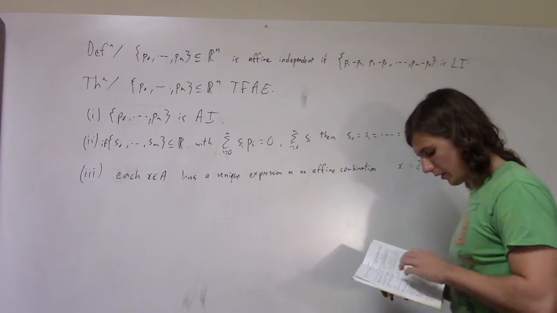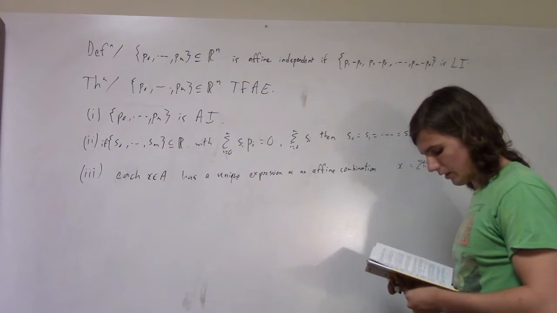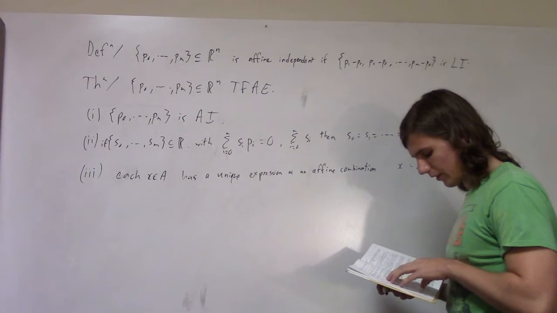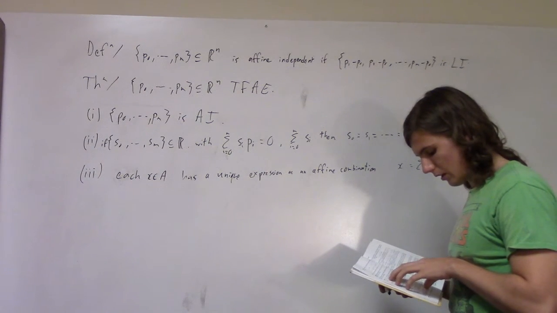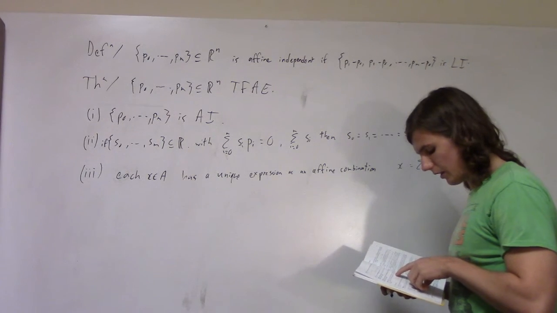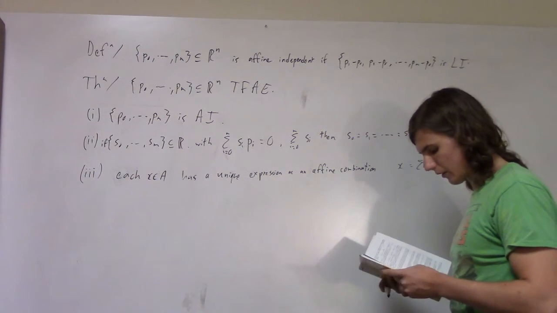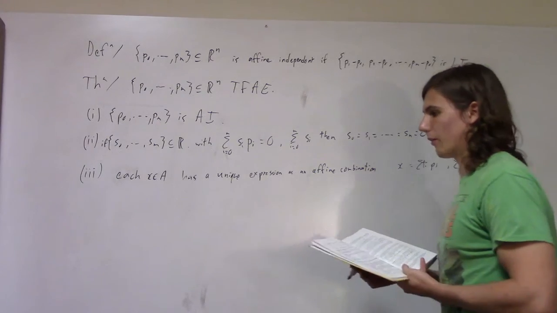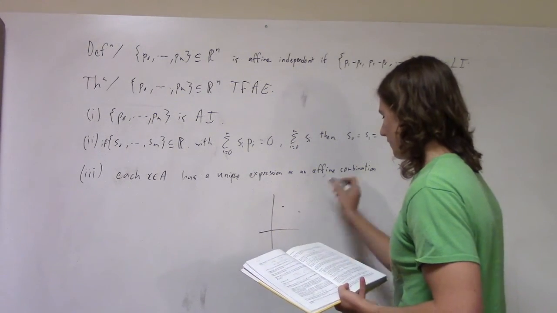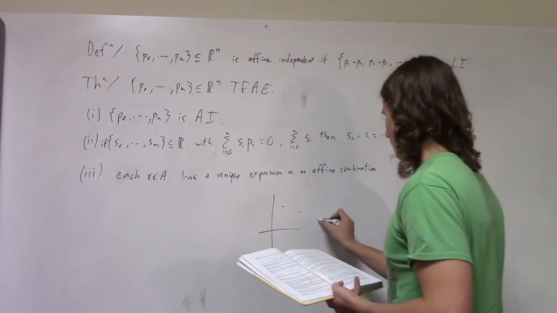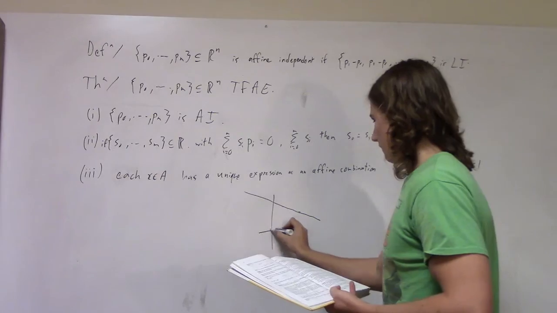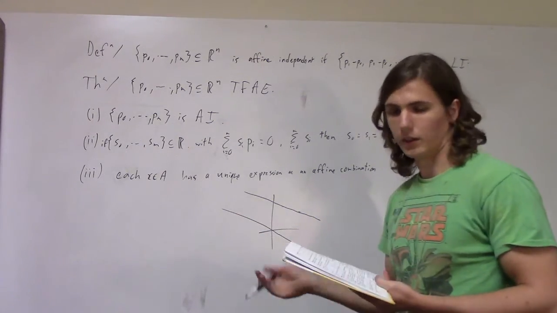in Rn spanned by an affine independent set, P0 through Pm, if that's an affine independent set, then A is actually a translate of an n-dimensional subvector space. So for example, if you have two affine independent points, they're not the same thing. Well, this is actually just going to be a translate of what this vector space would be. Right, so vector space.